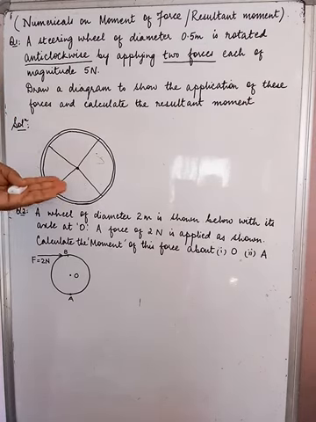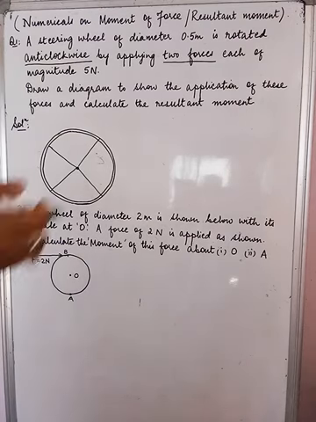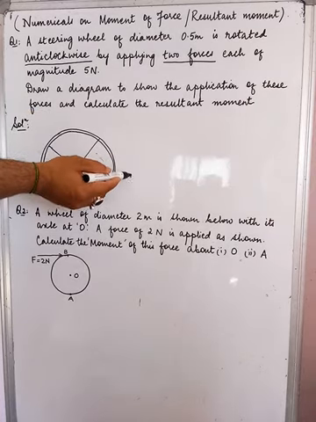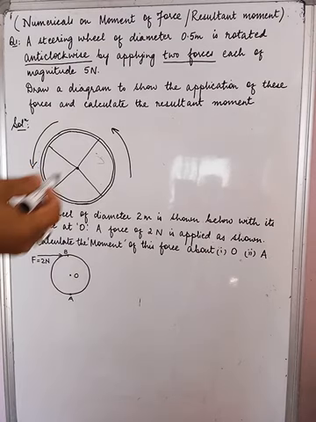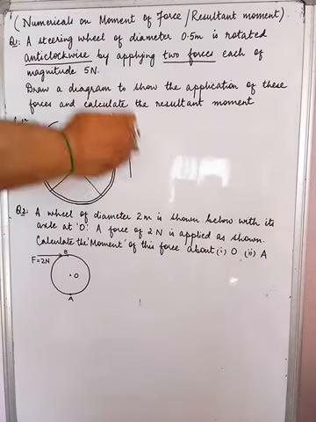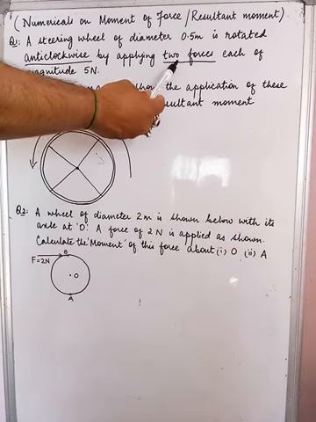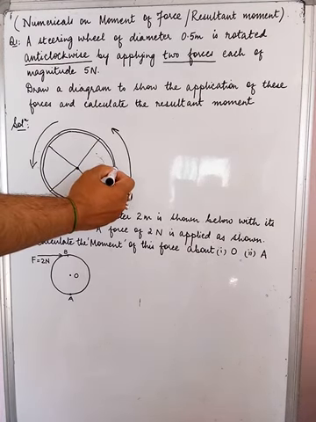I have already drawn, if you can see, roughly what a steering wheel looks like. How is it to be rotated? It is to be rotated anti-clockwise, so the direction of rotation has to be anti-clockwise, which we obviously already know. Now where are the forces acting? How many forces are acting? There are two forces acting. How are you going to hold the steering wheel? Generally it is held from this point